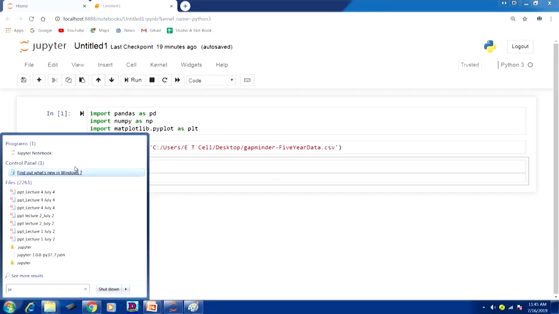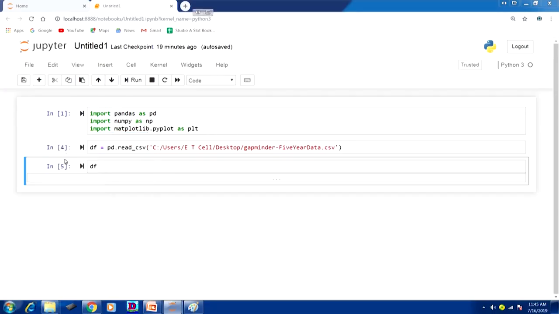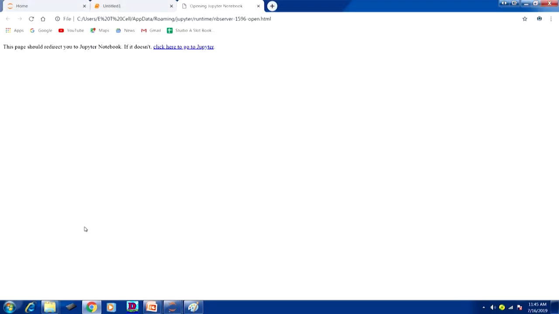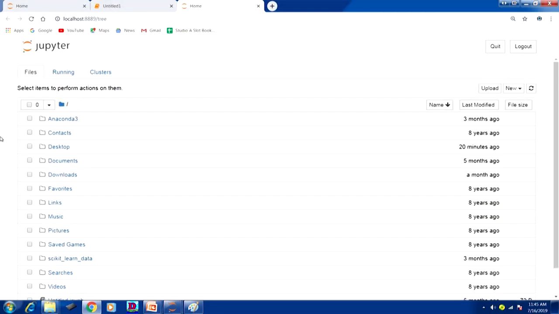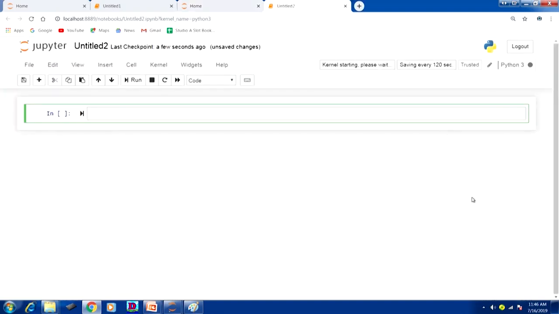You have to type Jupyter Notebook. When you click it, you will get this one. Suppose you want to type in a new one, go to New, Python 3. Here there is Jupyter, it is coming as Untitled 2, there you can change the name.